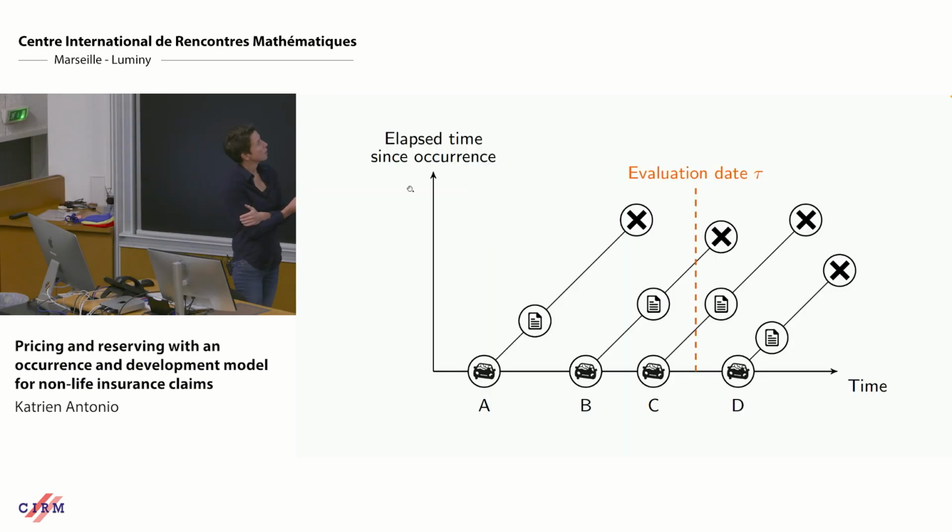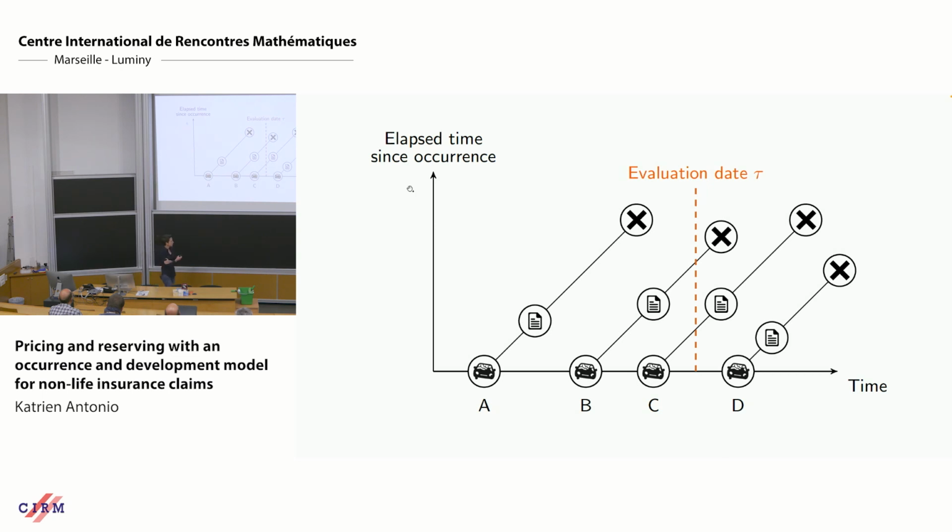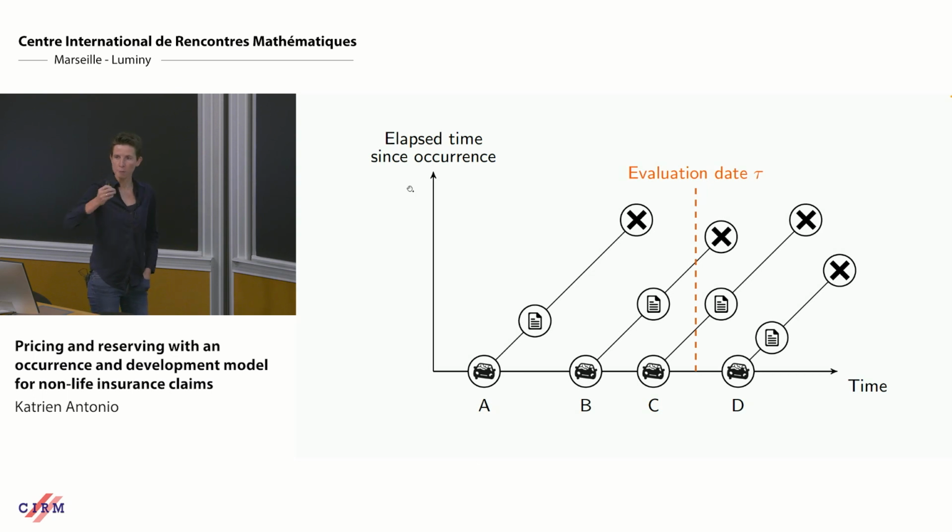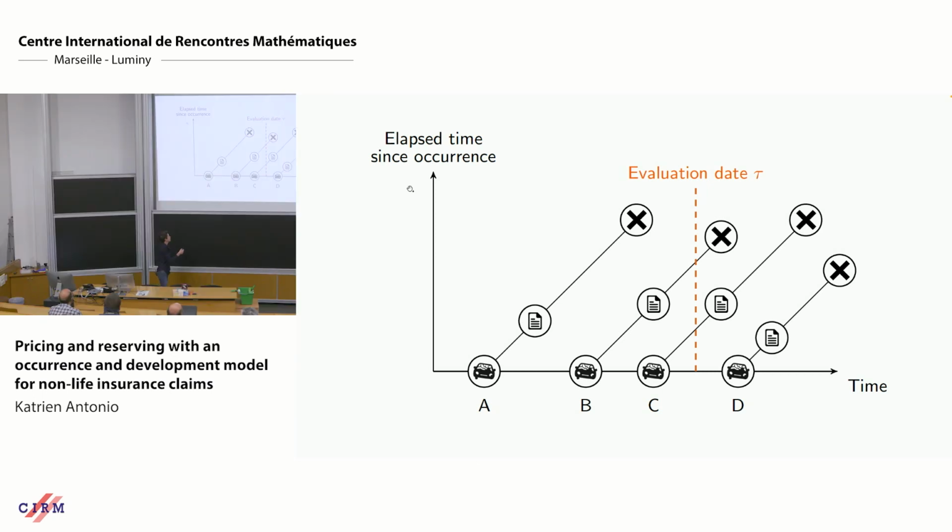Just to set the scene for today: today is the non-life insurance thematic day of the conference. So let's picture the arrival of claims and the development of claims over time with this kind of Lexis-inspired diagram. We have insured events arriving over time. They will get reported to the insurance company, so that is the symbol here to represent that reporting. Some development of the claim will take place until the claim closes, right?